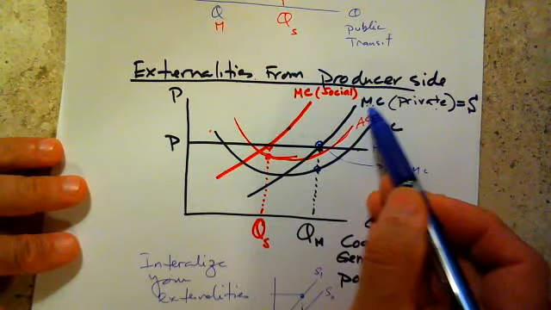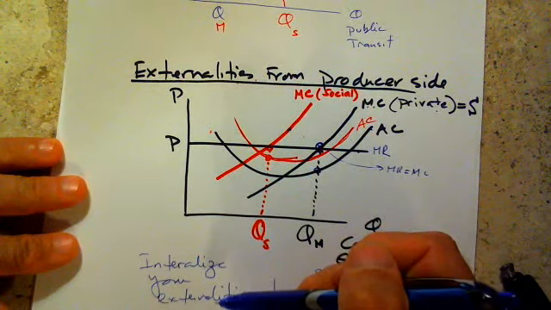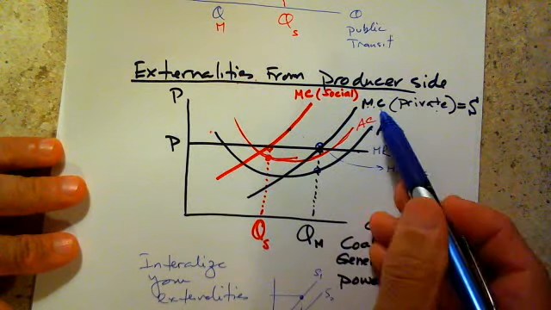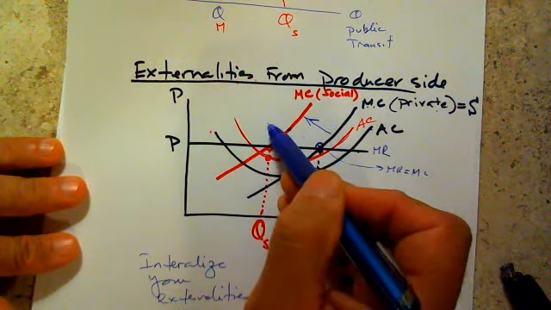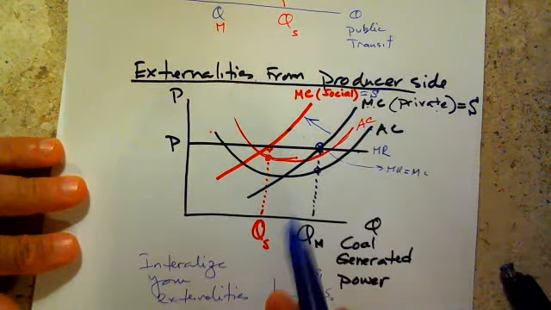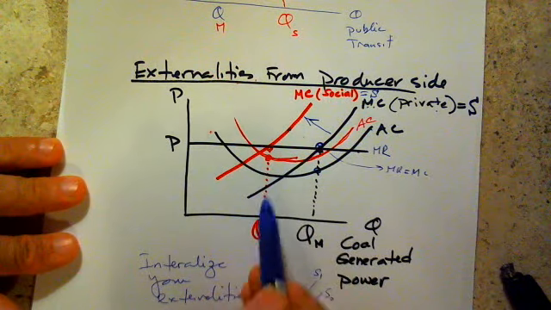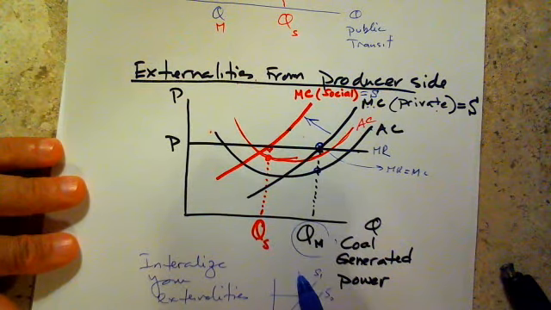Marginal cost represents the supply curve. If we add social marginal cost to the private marginal cost, that shifts the cost structure up and to the left. So this is again the supply curve. Now at this point the level of output will drop. This would be the level of output on the market mechanism.